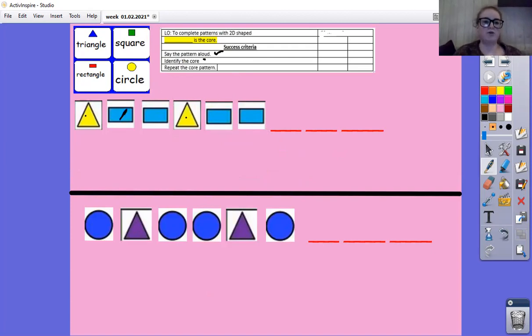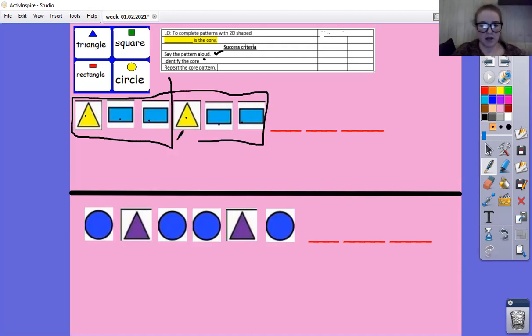There's a blue rectangle here, and a blue rectangle here, and a blue rectangle here, and a blue rectangle here. So I can say that these parts are the same. So this must be where my core starts and finishes, and this must be where it repeats. So I want to finish the pattern, and my next three parts are going to be, if I go to the start of my core, I can see it's a yellow triangle,